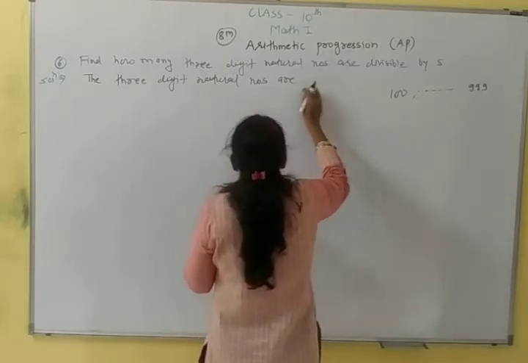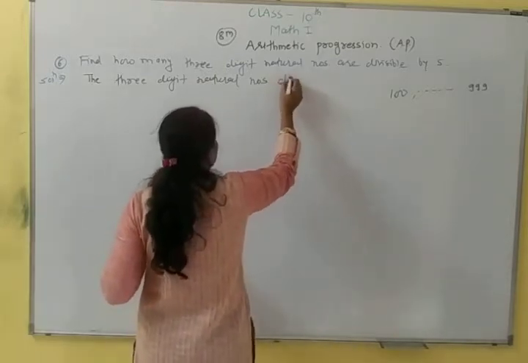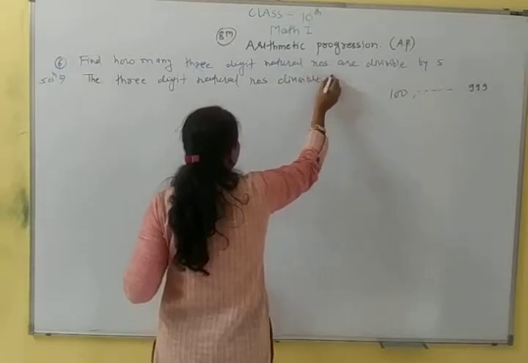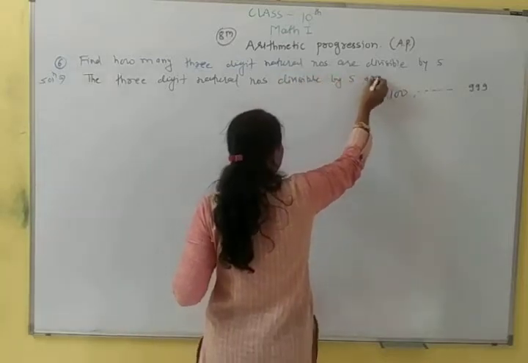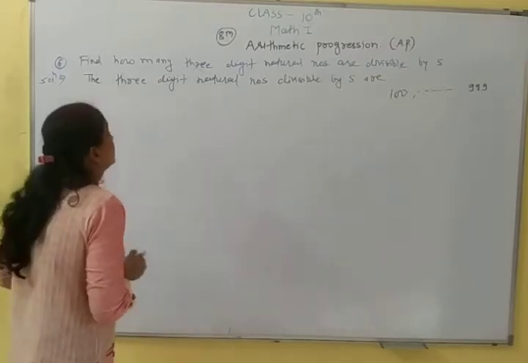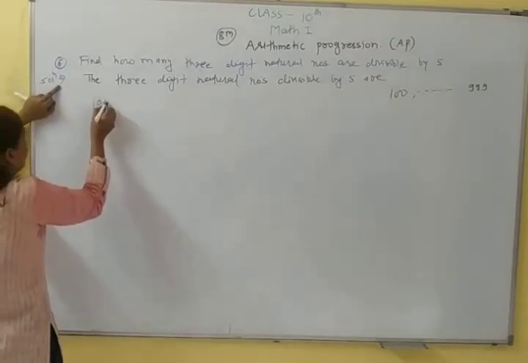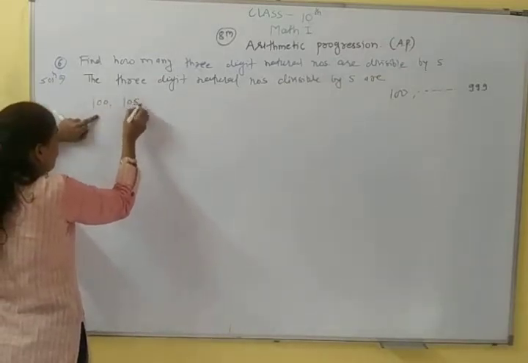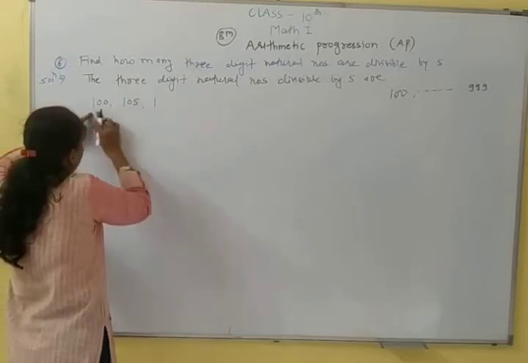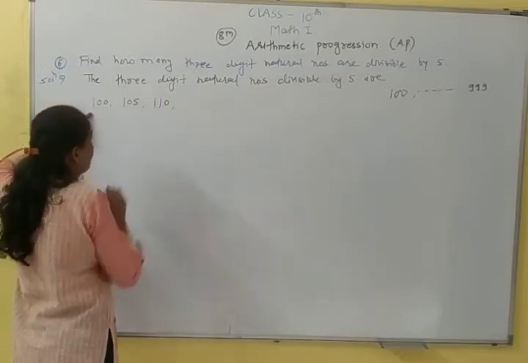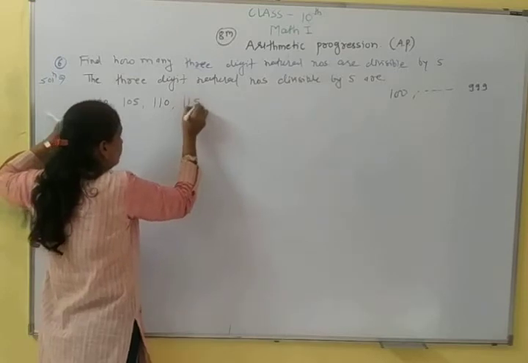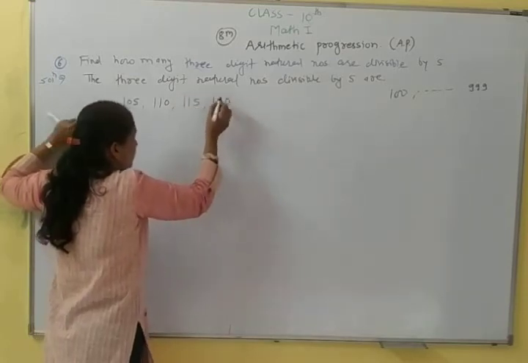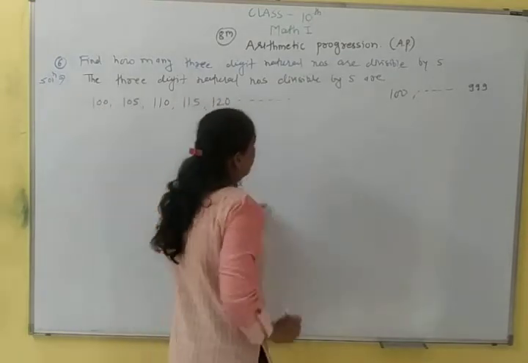3-digit natural numbers divisible by 5 are: first number is 100, then second number is 105. First term, second term, then third term is 110, then fourth term is 115, 120, and so on up to